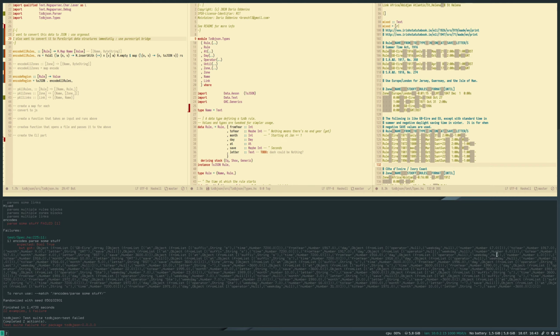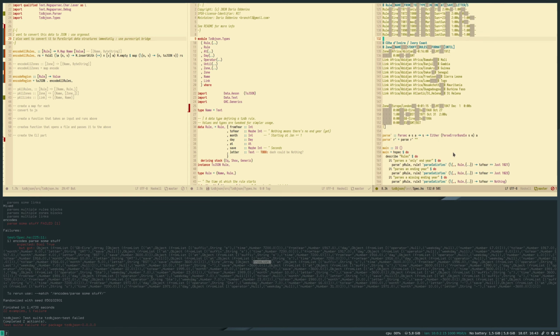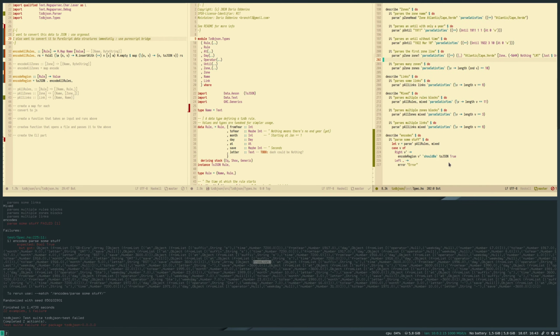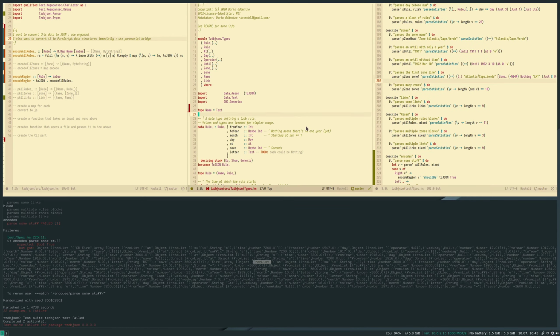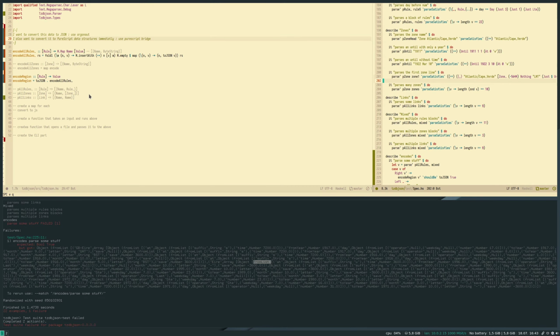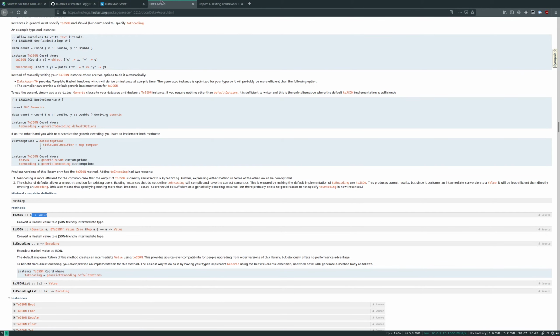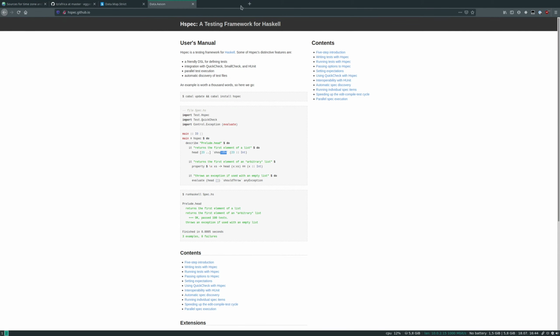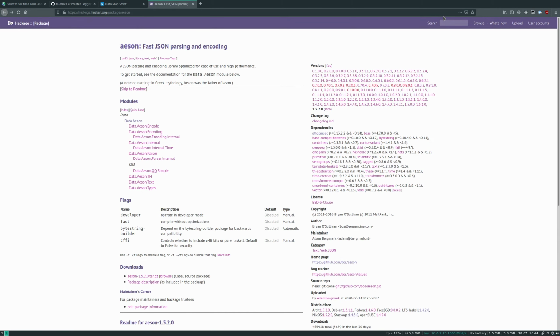That one is 6. Array. Okay, it's kind of working. Let's see if we can clean that up.